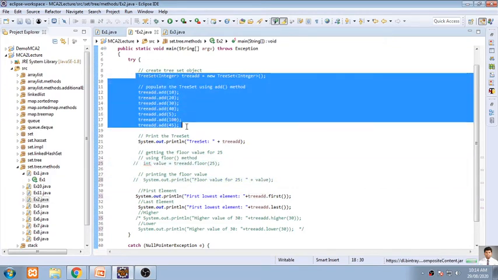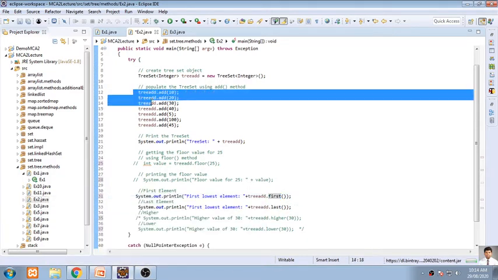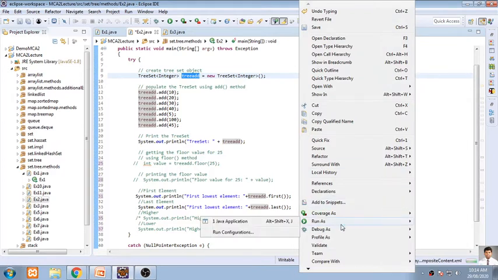We'll have the same example of adding the same elements, but here I will use the functions called first and last. What will first and last be doing? First will automatically display the first element of this tree set. Though 10 was added first, it will not be the first here. We are saying last, and 45 is not the last element in this tree set. So the output is somewhat different.